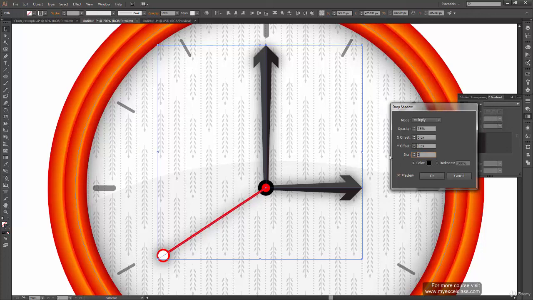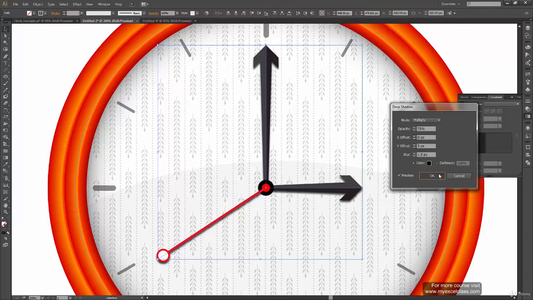Make blur 2 points, opacity 70% is fine, and the Y offset should be 5 pixels, I think. Yes, 5 pixels is too much, so make it 2 pixels, and blur is 1. And even more, let's make it 3. Blur is 1.5, and it looks better now.